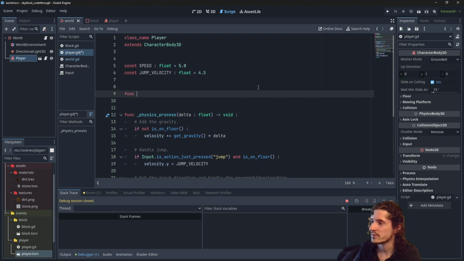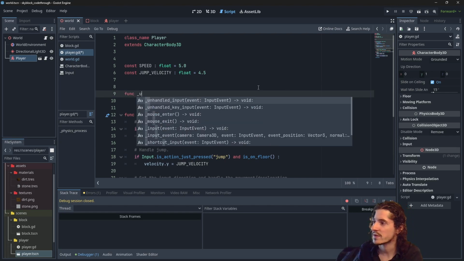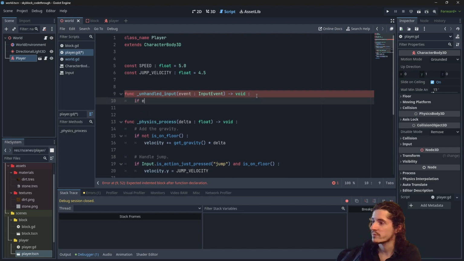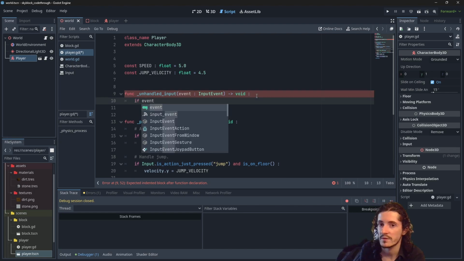So we will use another built-in function, which is unhandled input. Well, that's a difficult word. Unhandled input. What this does basically is grab any input which has not been consumed by another element. Which means that if it is not consumed by the inventory screen being in front of the game, then it will be read here. So what we do is grab the event, which is arriving here,